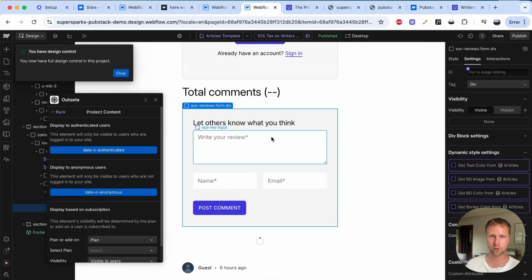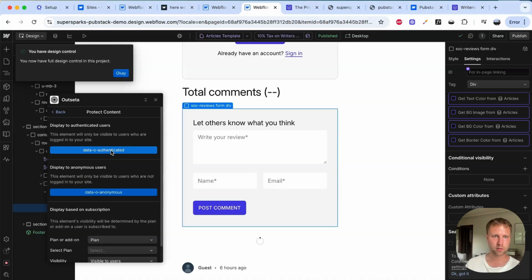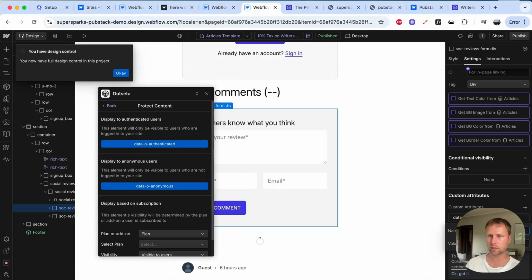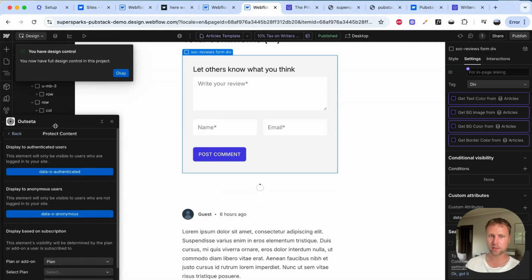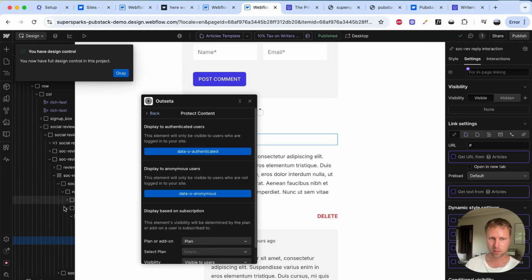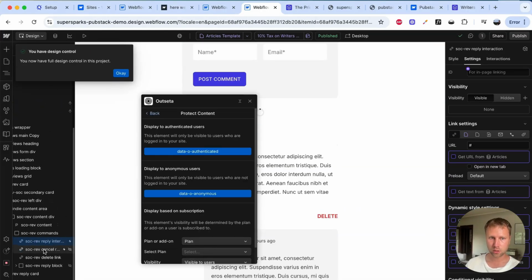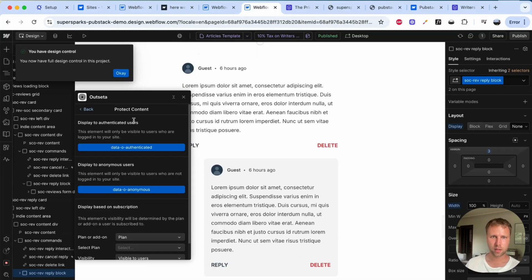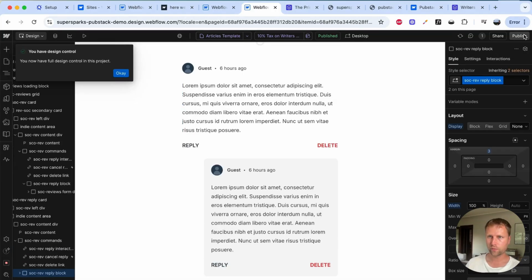And then for the comment form, I am just going to click this button here from the Outseta app. And as you can see, this attribute gets added for this element. And I would also repeat that same process for the reply forms inside of the comments section area. And then now if I publish,